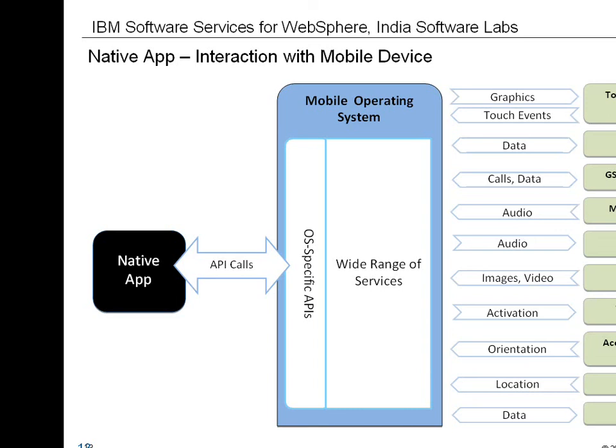Now there are 2 important things to note about these APIs. First, on the upside, these are very fast and powerful. They let you do amazing things because you have direct access to these proprietary APIs, and they really tap the full potential of the mobile device. The downside is that these APIs are proprietary. Each mobile OS provides its own unique APIs for each function.